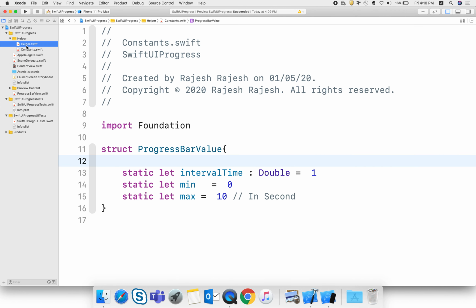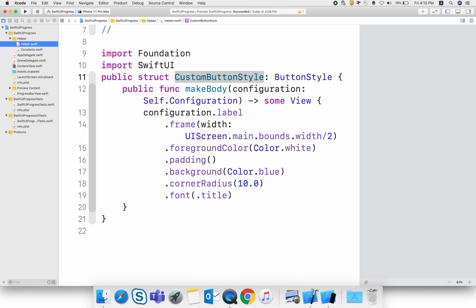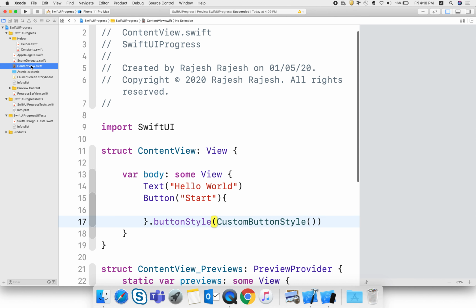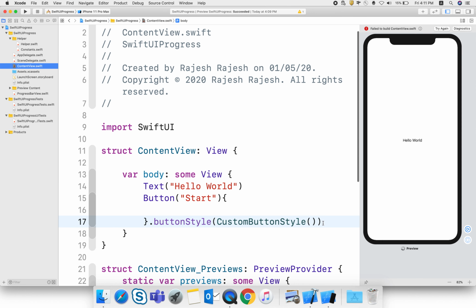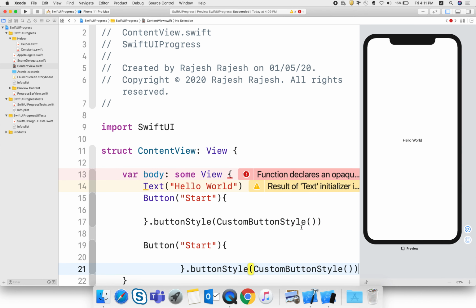Here you can see that there is a file, Helper, in which that custom button style modifier is, I made it my own. In my next video I will tell you how to make a custom modifier. For that, leave it like that, and give the second one the name Reset.